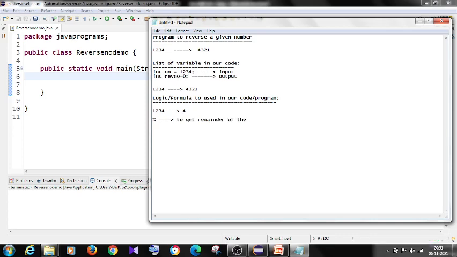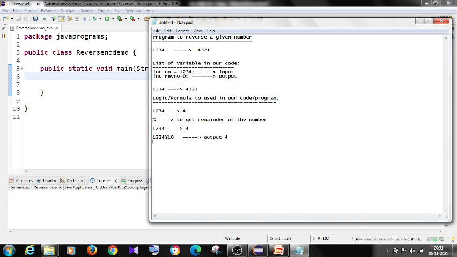If I want to separate the 4 from 1 2 3 4, what can I do? Just say 1 2 3 4 modulo 10. So what will the output be? The remainder will be 4.